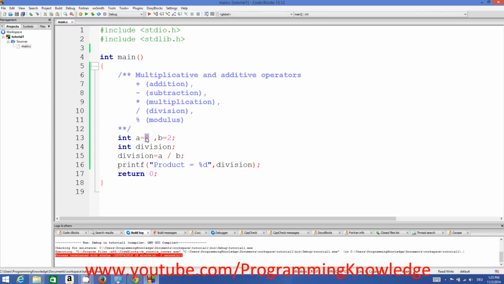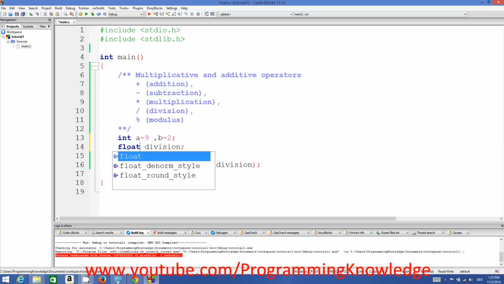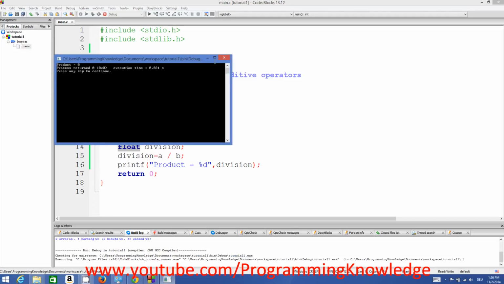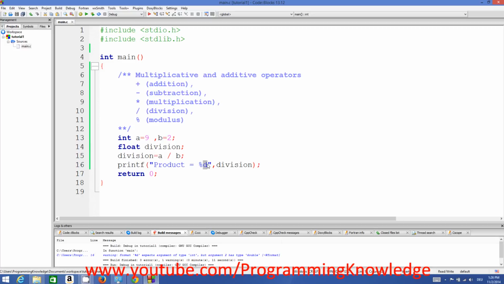But for example, I have 9 and I want to divide it by 2, and by the way, these are integer values, so let's change it to float. 9 divided by 2 is 4.5, so that's why we will save it in a float variable. Compile and run the program, and it will give us the value. Let's see what value it gives us first of all, and it gives us 0 because we haven't changed this thing,